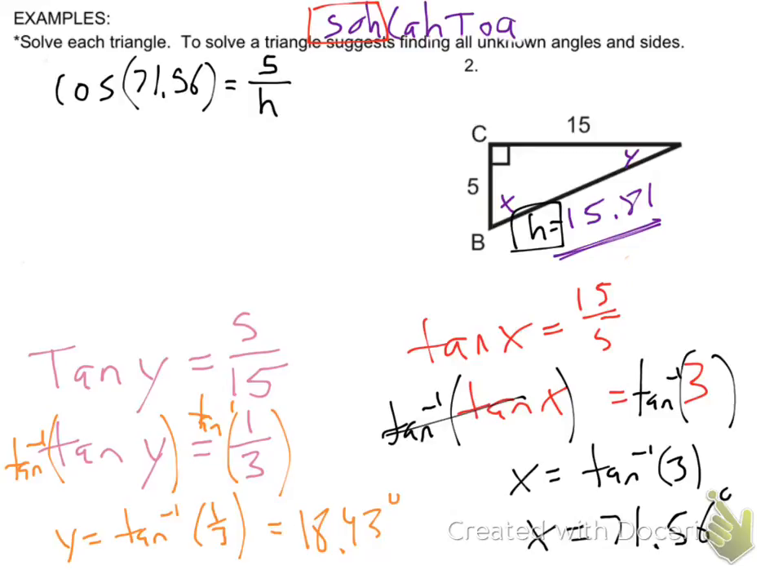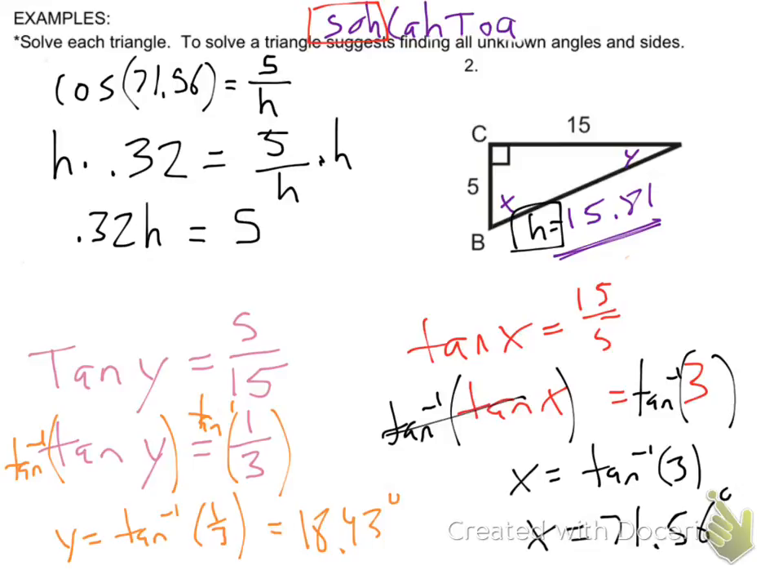So, on your calculator, now you can take 71.56 and take the cosine of it. What do you get? 0.31. 0.31332 equals 5 over h. What do I have to do to both sides? Multiply by h. So now I got 0.32h equals 5. And now divide by 0.32. So h is going to equal,